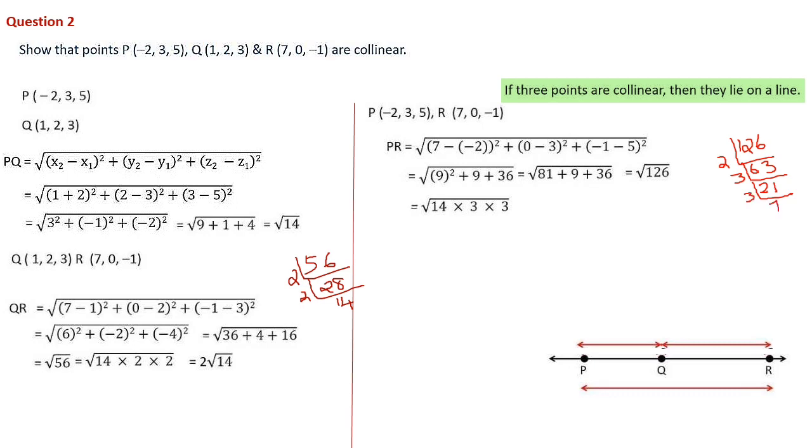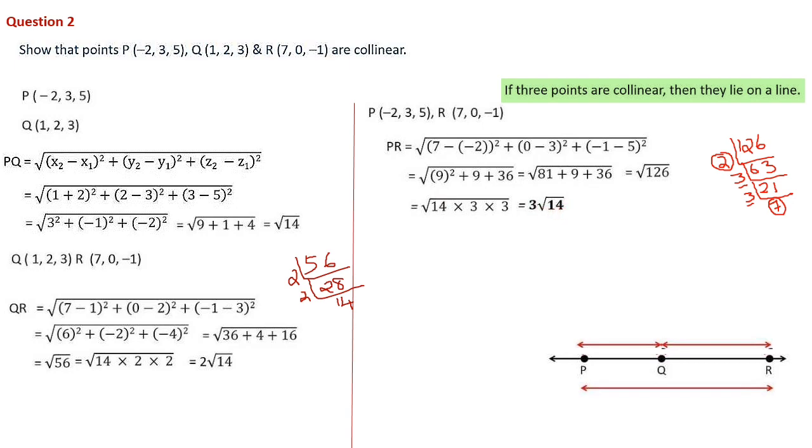Now what we can do is group this 3 and this 3, and this 7 and these 2 together we can make 14. That is better, because we have a 14 in the previous calculations. Here also root 14 is there, so we need root 14 here too. So these 7 and 2 we can multiply together to get 14. Then these 3 and 3 we keep, because 1 will come out. Out of these two 3s, 1 is coming out, that means 3. Inside, the square root of 14 is balanced, so 3 root 14.